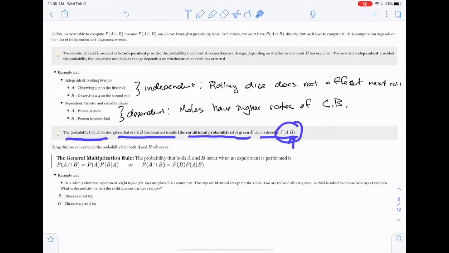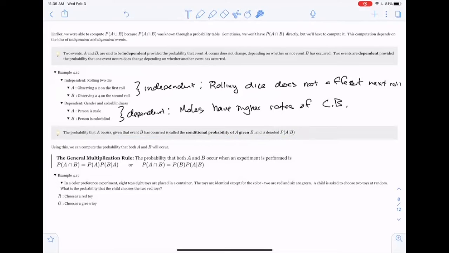And the event after that little bar is our given, right? And this can, in fact, change the probability of A, right? If we knew the person was colorblind, then I would know the probability that that person is male might be a little bit higher than a 50-50 split of the genders, because males are more likely to be